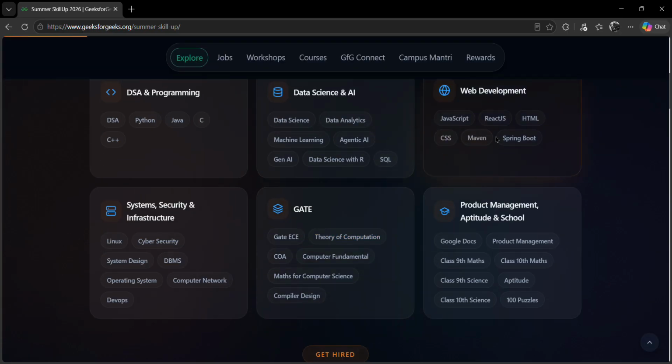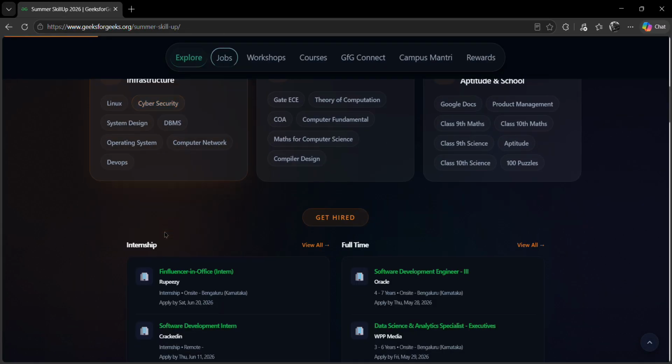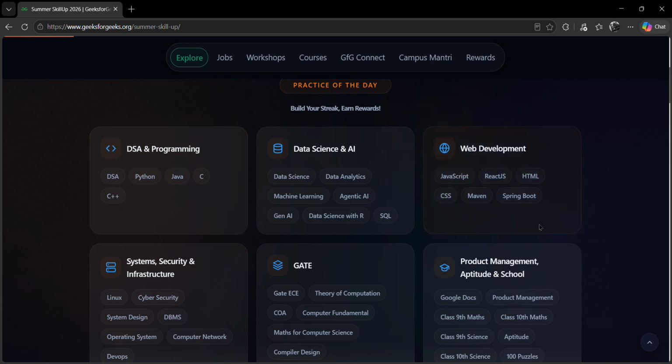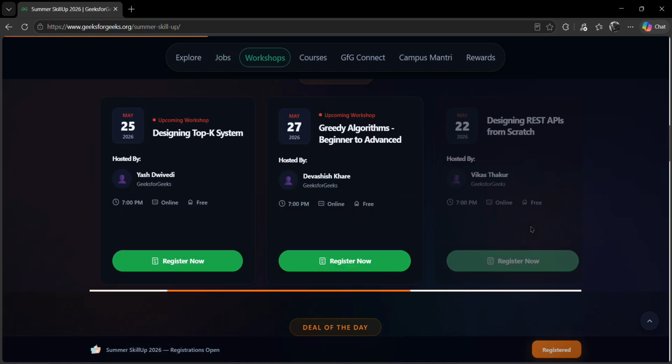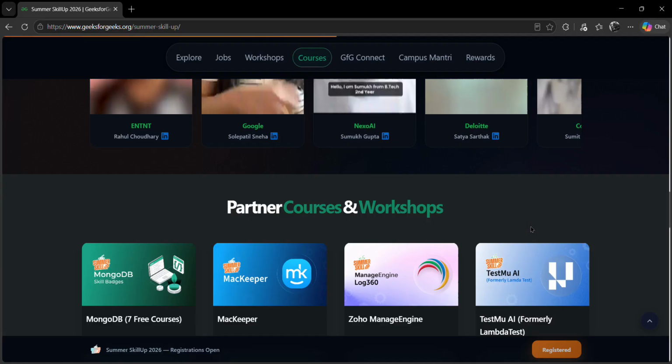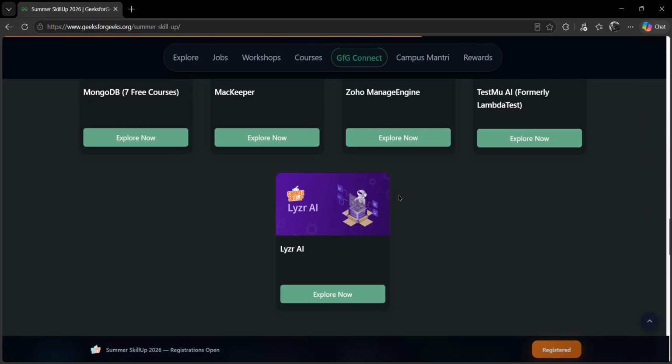To open any specific course, just click on these things like JavaScript. If you want to see it, just click on JavaScript. But these are paid, I guess, most of them. So if you are looking for free ones, then these are actually totally free. Then yeah, these are also free. You can have a look at them.